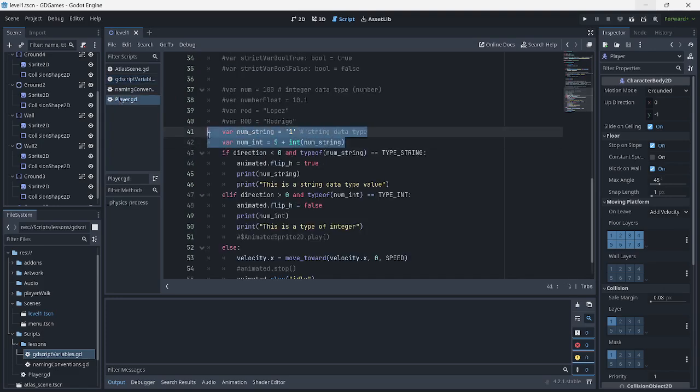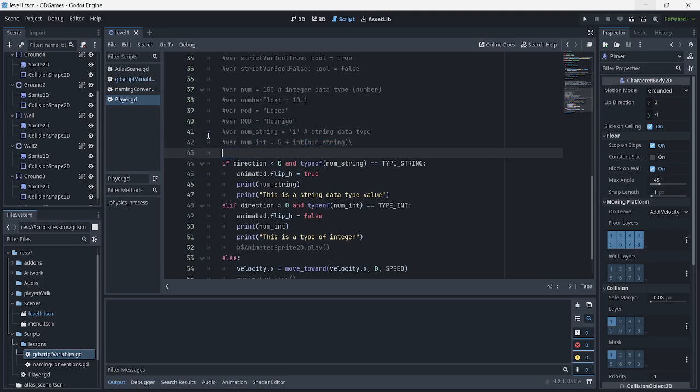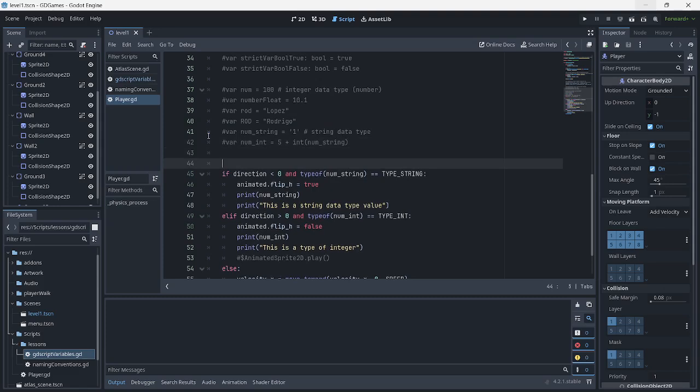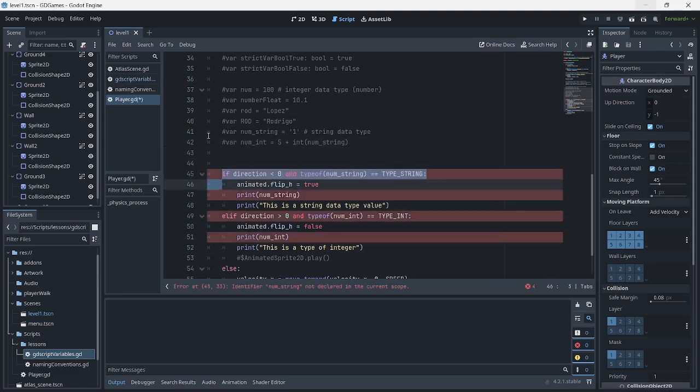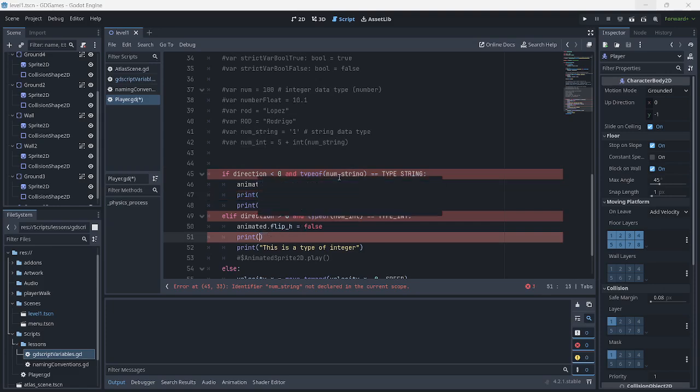I'm just going to comment this out. To demonstrate this, I'm still going to work with the if directions that we have here. So let me just delete this first. And let's also delete that.